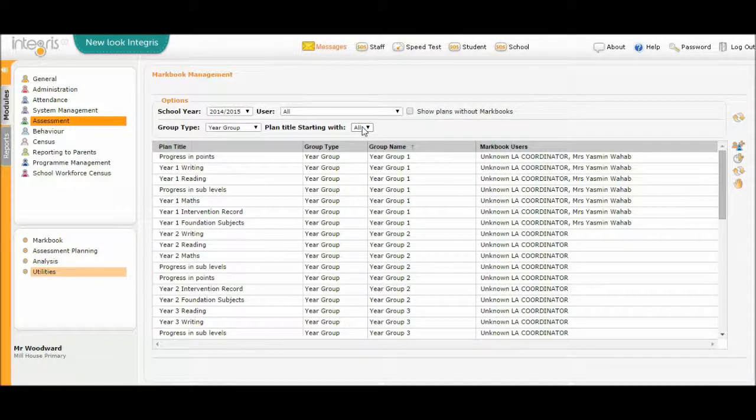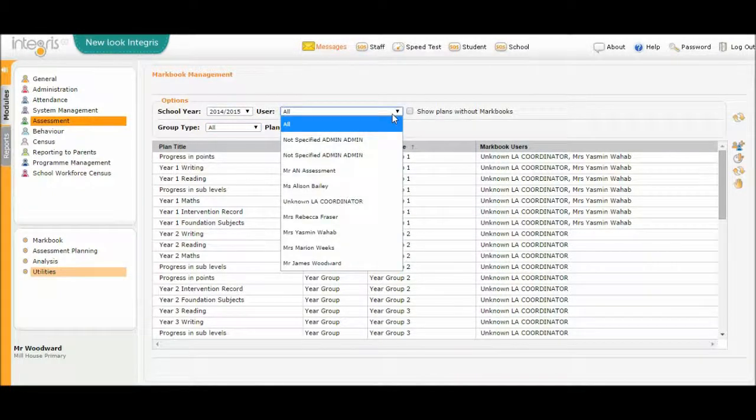Now what about if we want to enroll, say, a new teacher to your class? Perhaps you've got maternity cover or long-term sick cover coming in, and that person needs access to all the markbooks that the outgoing teacher had access to. There's a couple of ways you can do this. The simplest thing to do is change this back to All to make sure that we see all markbooks regardless of whether they are year group enrolled, student group enrolled, class enrolled,